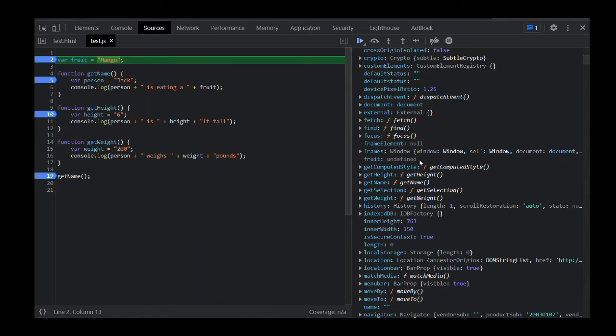So now we can see that we have our fruit variable here, our getHeight, getName, and getWeight functions. We don't normally see the creation phase in the browser. All we see is the execution phase. So how do we know that the creation phase has already happened? The undefined value that you see right here, as we had discussed earlier, was set during the creation phase. This is a temporary placeholder value that all the variables get during the creation phase. The functions have their declaration stored as is. The getName, getHeight, and getWeight functions have the declaration stored as is.